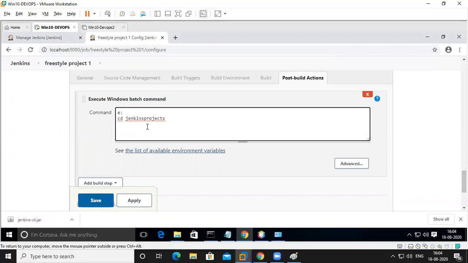Okay, in that one I'm going to put some text message: my first Jenkins project.